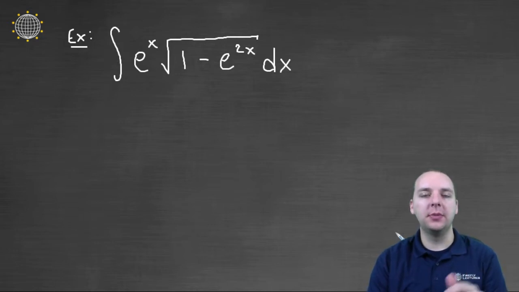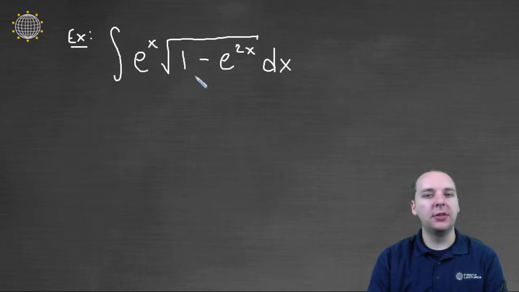Is it going to be integration by parts? Is it going to be u substitution? Is it an inverse trig integral? Is it, this, that, or the other? And you go through your basic integration rules. It would be totally understandable if a student thought this might be u substitution because of the composition